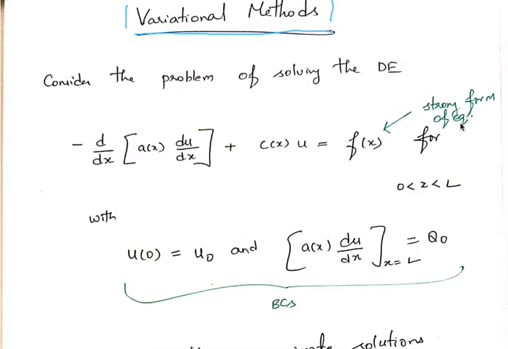If, instead of thinking of my unknown as some analytical function, I think of it as the solution at different points in space, then I have infinite unknowns and an infinite number of equations. So in a general case, you can't solve for an infinite number of unknowns. You have to somehow reduce the number of unknowns to a finite and small number so that you can solve for it. So let us see what we do in these variational methods.